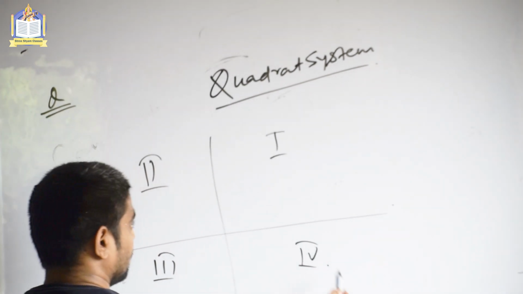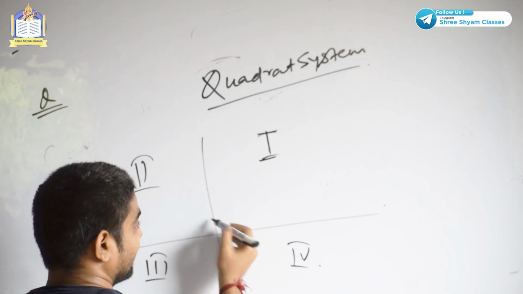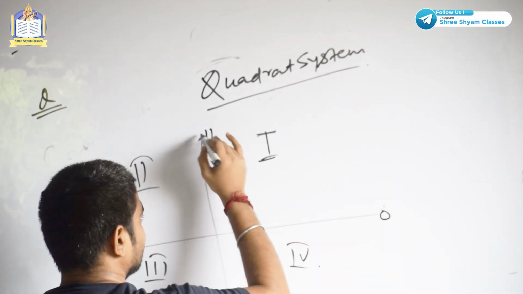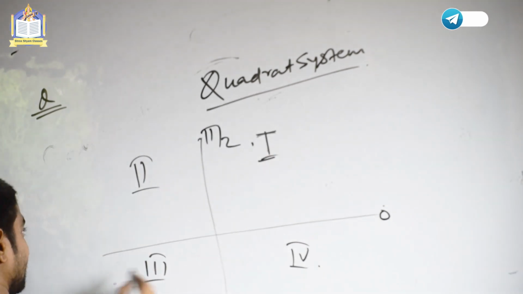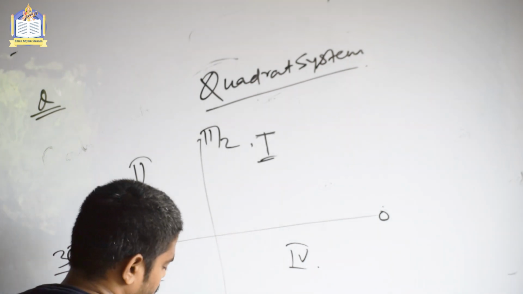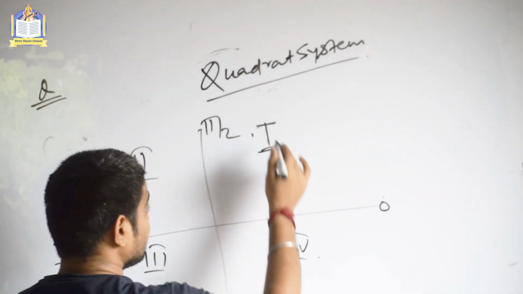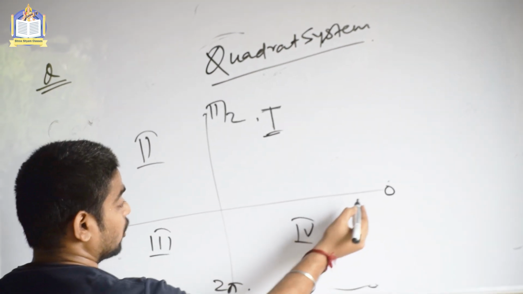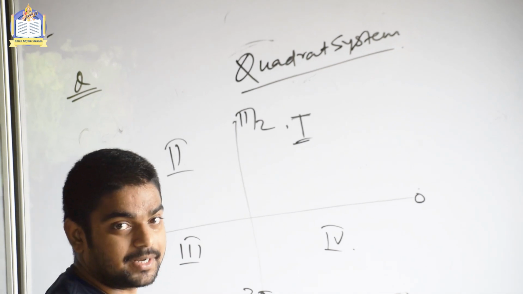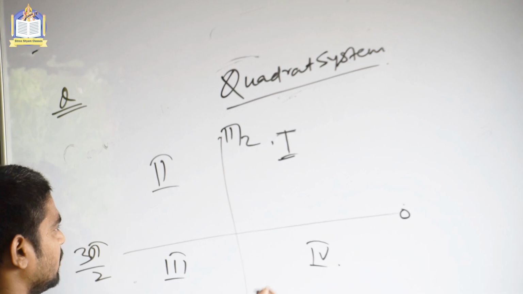So here we go. In the first quadrant, you can see the angle is between 0 to 90 degree. This is 0. This is 90 degree. This is 270 degree, 3 pi by 2, and this is 2 pi, which is 360 degree. Here in the quadrant system, we are talking about angles. In trigonometry, you can find the value of any trigonometrical angle: 0 degree, 50 degree, 90 degree, 205 degree. Any degree you can find using the quadrant system.